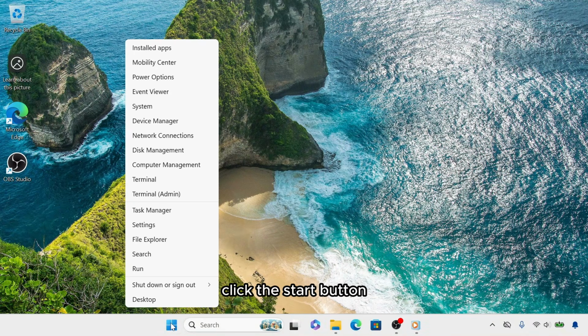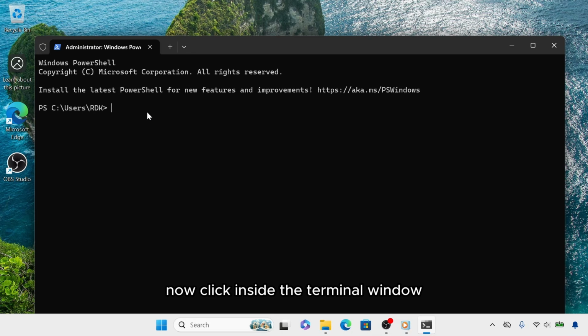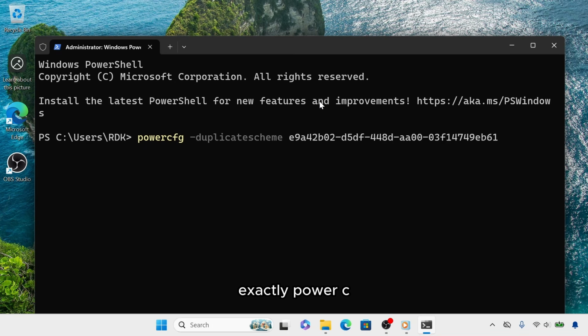First, right-click the Start button and click Windows Terminal Admin. Now, click inside the terminal window. Type the following command exactly: